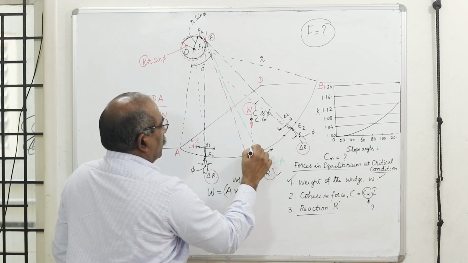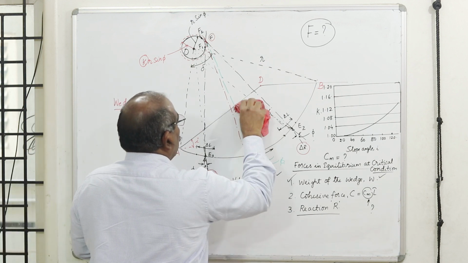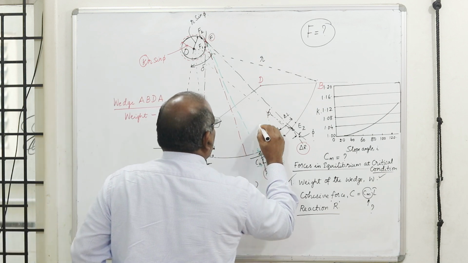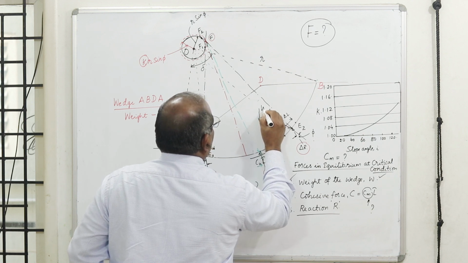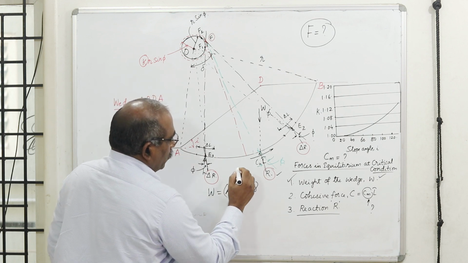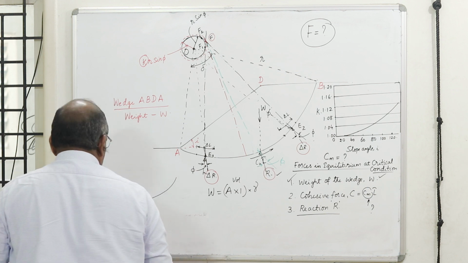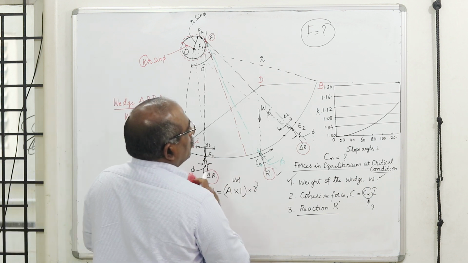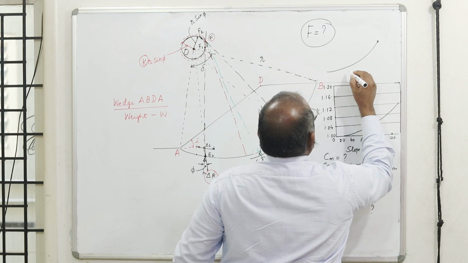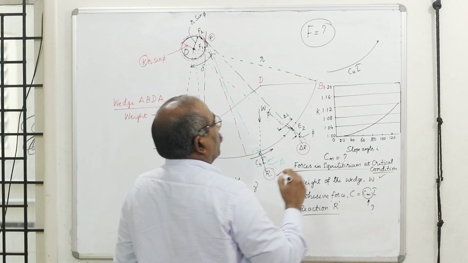Therefore, let me draw this. This is the weight W. Now how to form the force triangle? This is a vector. I think maybe I am blocking the board. I'll try to put it here. Now I got this vector representing Cu into L arc. This is the cohesive vector.